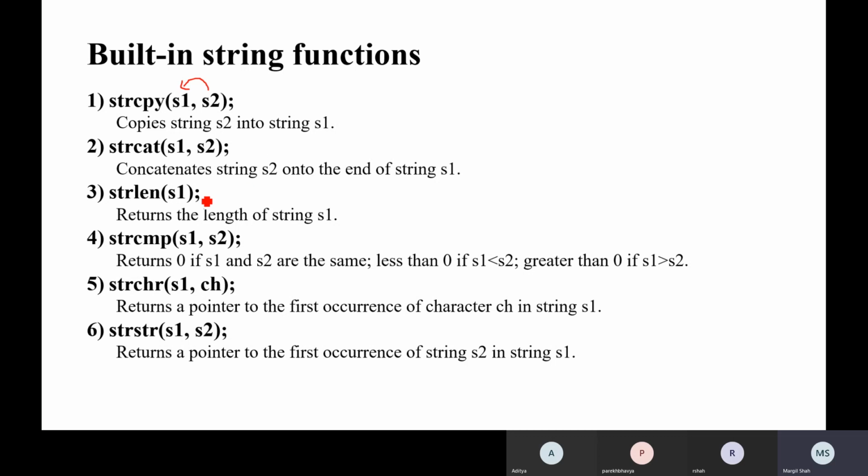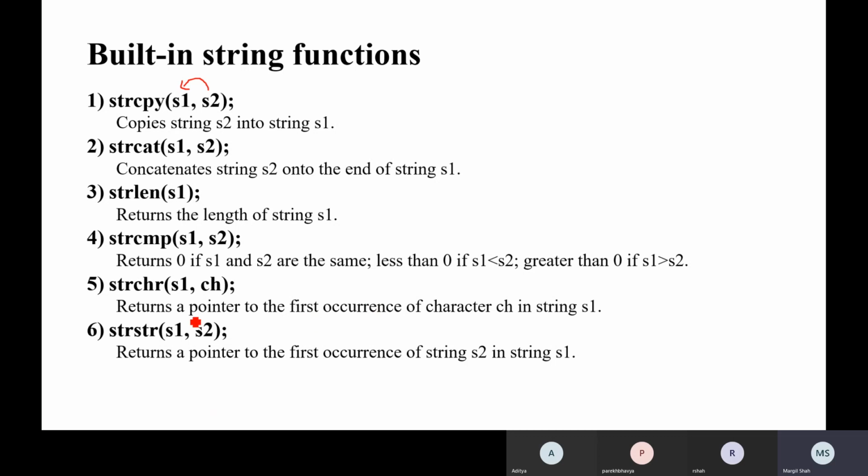Now this is the function for finding the length of a string, strlen. What is the length of string s1? It returns a number, the length of the string, like 6, 10, 12. strcmp, this function may return 3 values. It returns 0 if s1 and s2 are the same. If it returns less than 0, that is a negative number, then s1 is less than s2, and if it is greater than 0, then s1 is greater than s2. Okay.